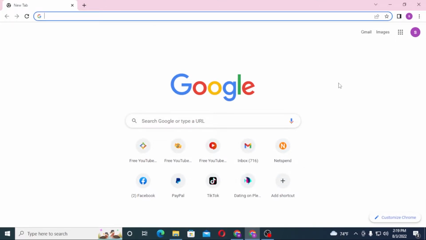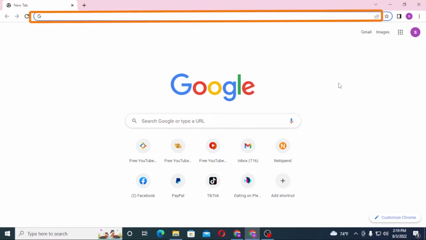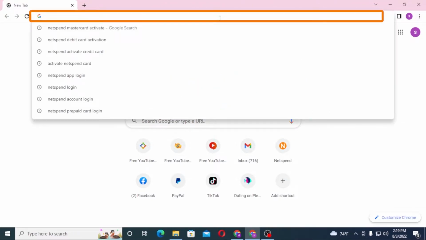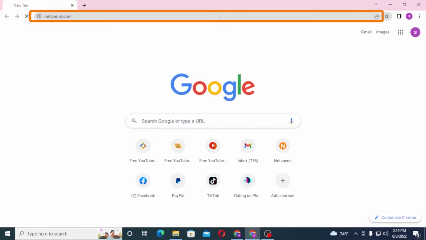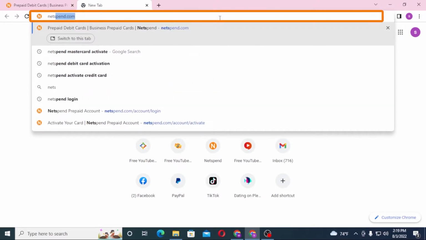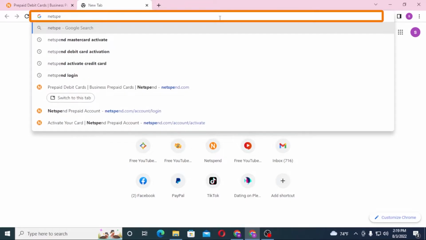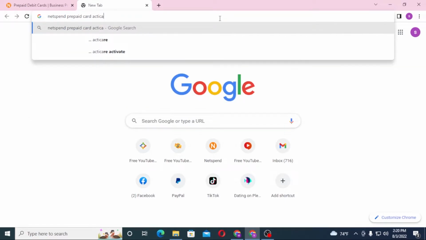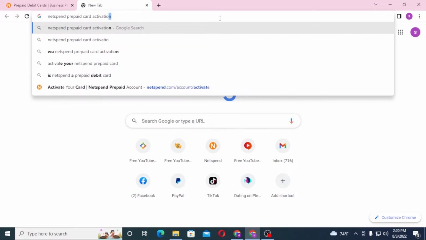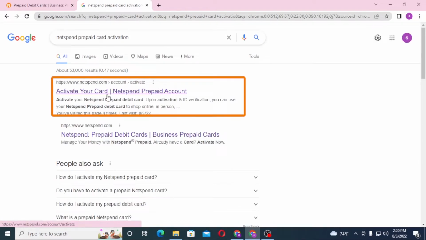Now to activate your Netspend prepaid card from your computer, first open up your preferred browser. As I have already opened Google Chrome, on the search bar click over there and type in netspend.com like this and hit enter, or you can simply search for Netspend prepaid card activate like this and hit enter, and on the first result of Google you can see the activate your card by Netspend prepaid